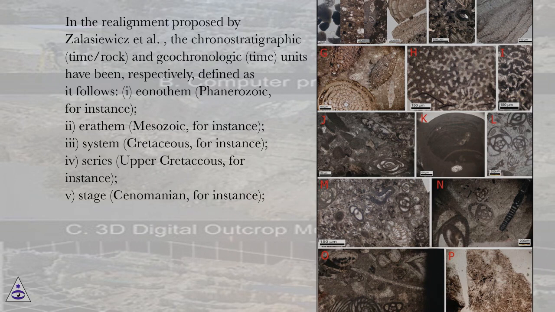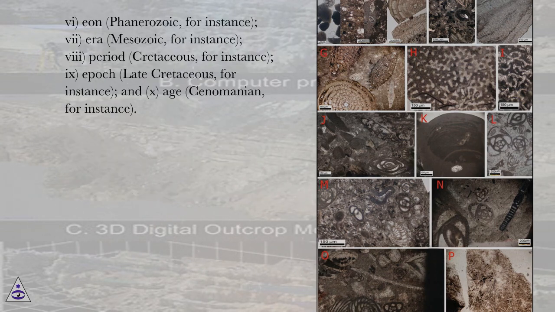In the realignment proposed by Zalasiewicz et al., the chronostratigraphic, time/rock, and geochronologic, time, units have been, respectively, defined as follows: 1. Eonothem, Phanerozoic, for instance; 2. Erathem, Mesozoic, for instance; 3. System, Cretaceous, for instance; 4. Series, Upper Cretaceous, for instance; 5. Stage, Cenomanian, for instance;